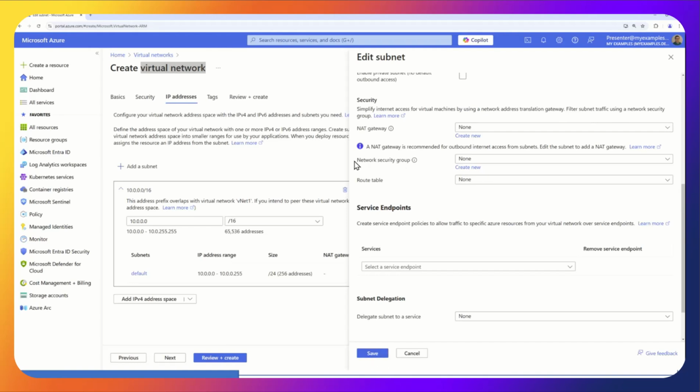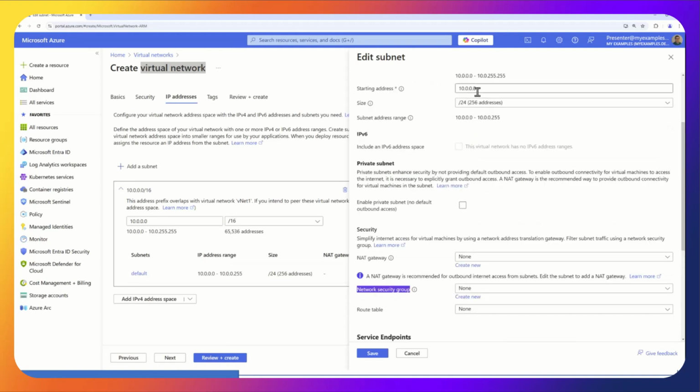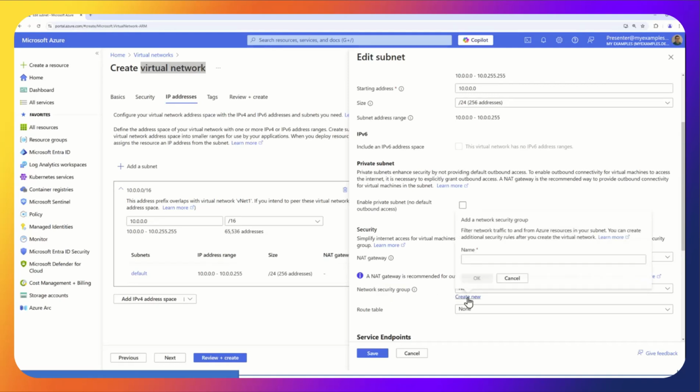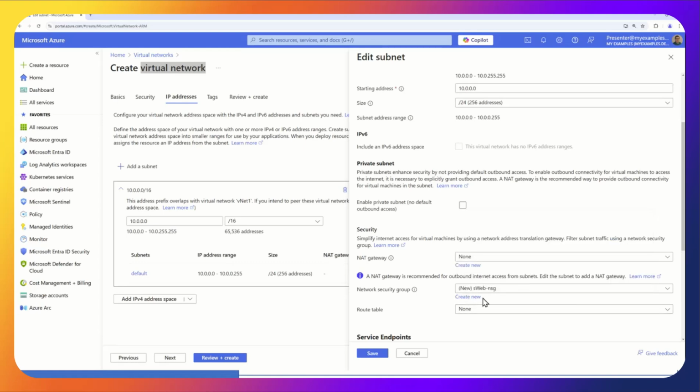Oh, at the same time, here's a network security group. So I can attach this to the subnet. I don't have to, or I can attach one to a VM when we create it later, to the network card. Right now, I'm going to go ahead and create one. I'm going to call this sweb-nsg, Network Security Group. Now, we'll have to go back and allow traffic in or out or whatever I want to do, but it's just going to create this for me now. So it'll save me a step.